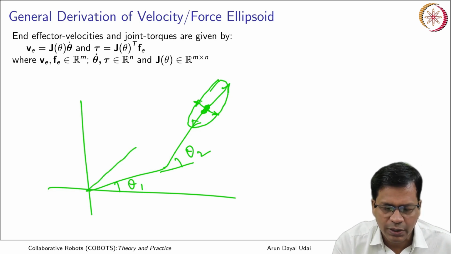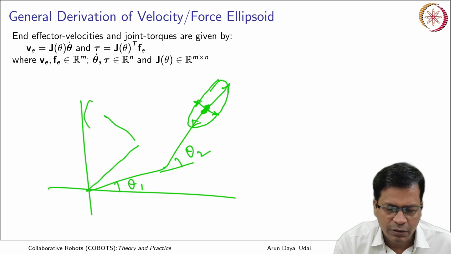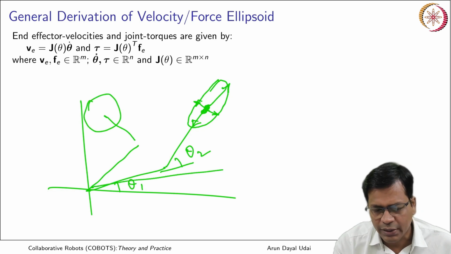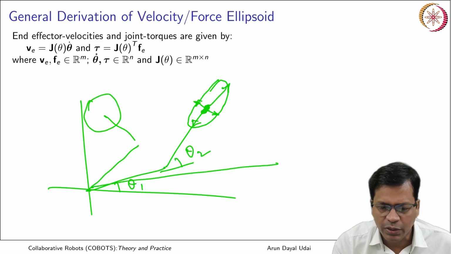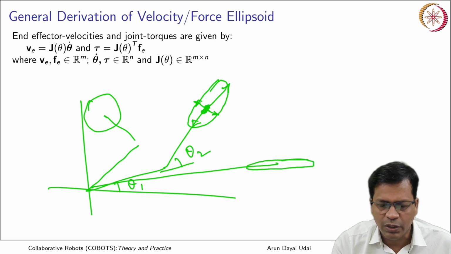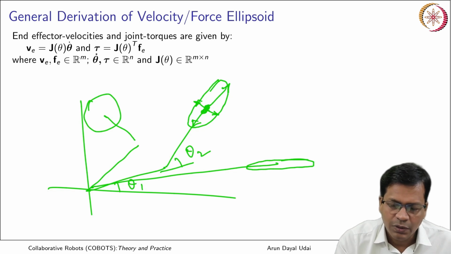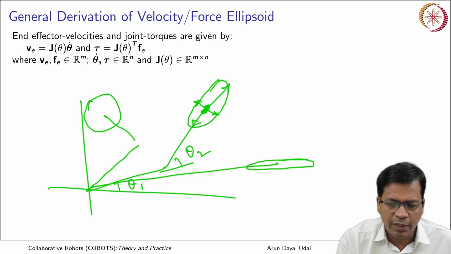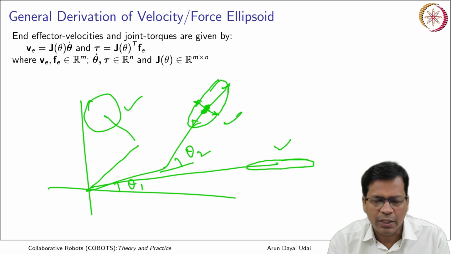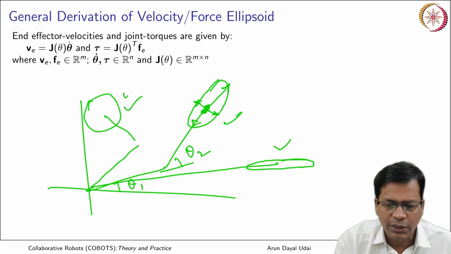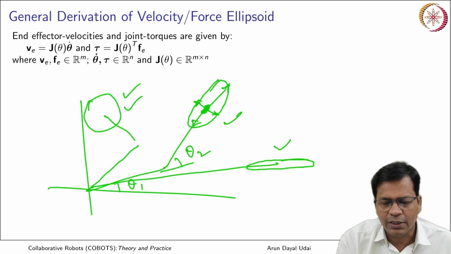So maybe over here it may have a circular shape. If it is fully extended, it gets fully collapsed. So you can apply only limited forces, as it is fully collapsed. Okay. So this is the case. So you see you have a varying shape of this ellipsoid ranging from a circle to fully collapsed, and maybe it looks like a circle over here. So this is what we want to analyze for the velocity and for the forces that it can deliver in different directions.